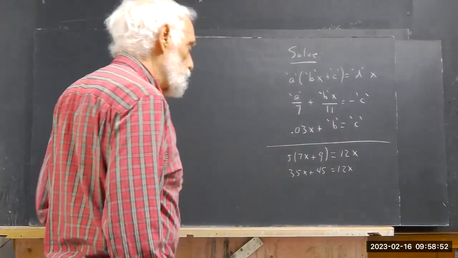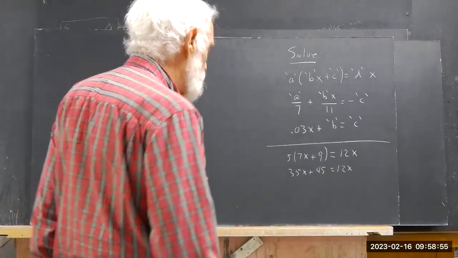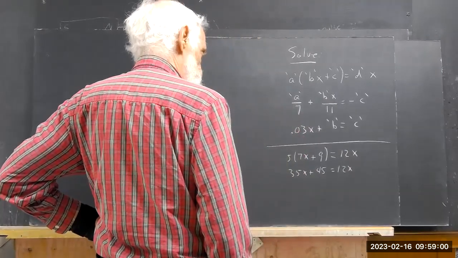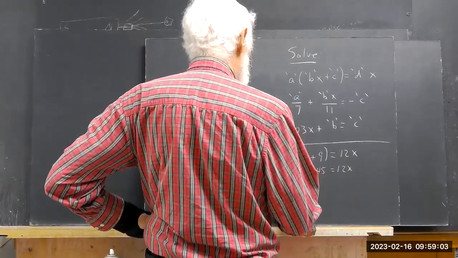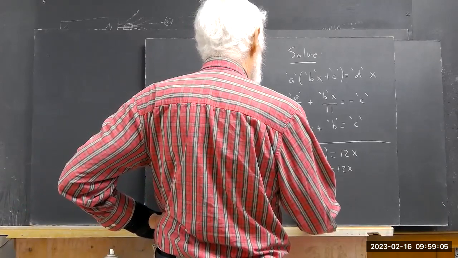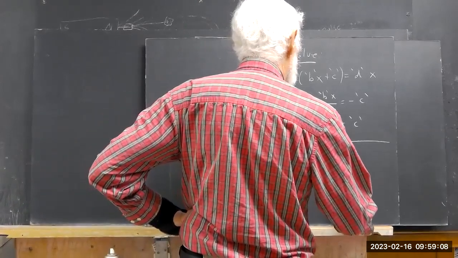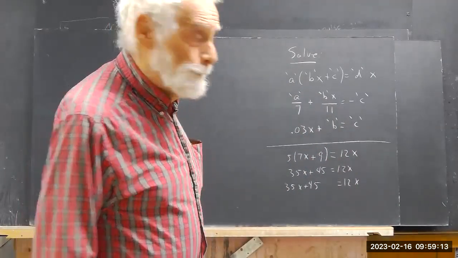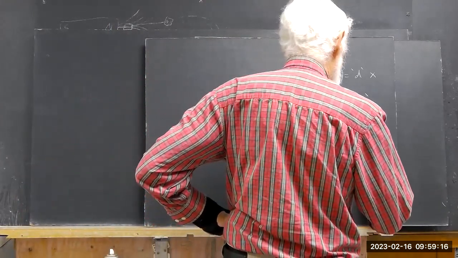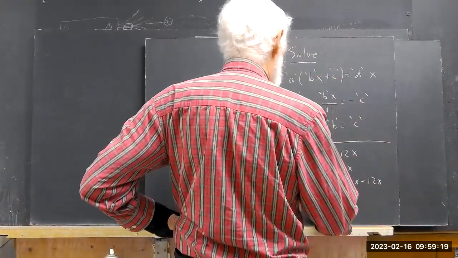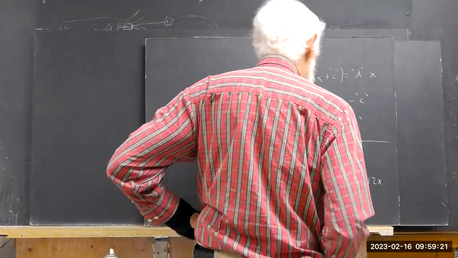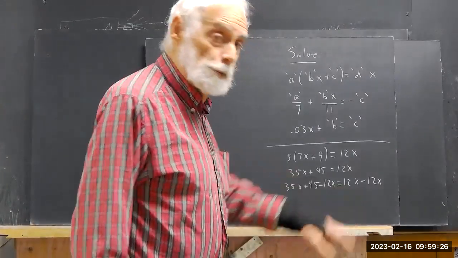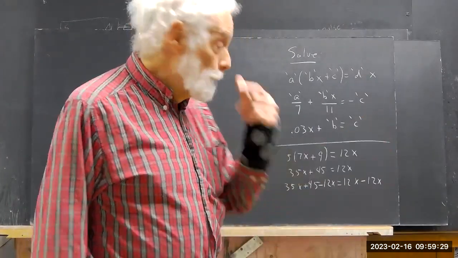Now equals 12x. Now, I'm going to write it out like this. I've got 35x plus 45 equals 12x. I'm going to subtract 12x from both sides. I'm not going to write 12x underneath this. I'm going to subtract it from both sides, which is totally equivalent to writing out the negative 12x equals negative 12x, then add it. The problem with that is